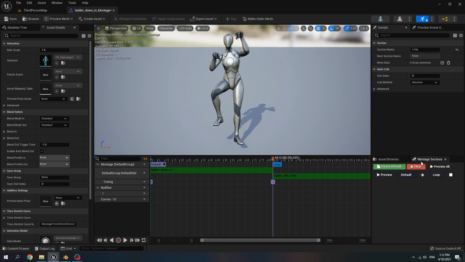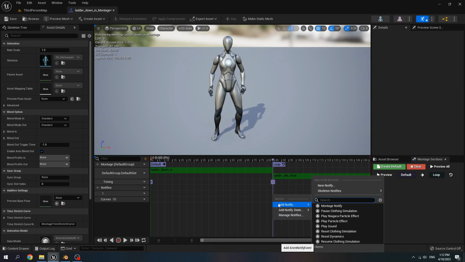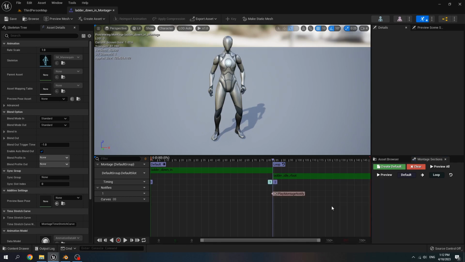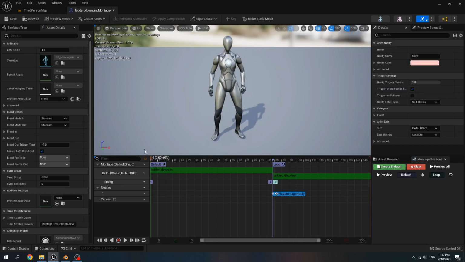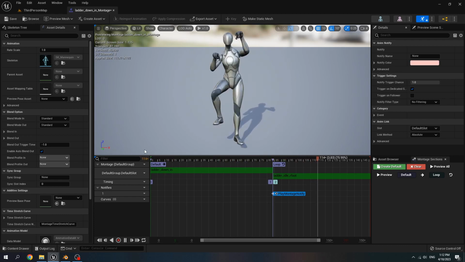Click on montage section. On loop, pick the next section, choose loop. For notify, right click, add notify, montage notify. After the first animation plays, we loop the idle animation.